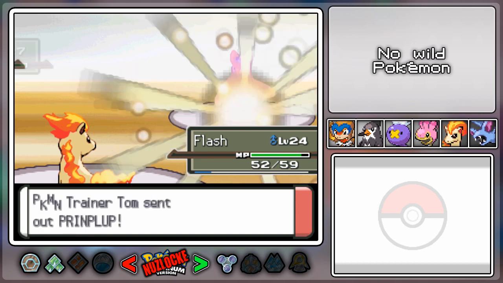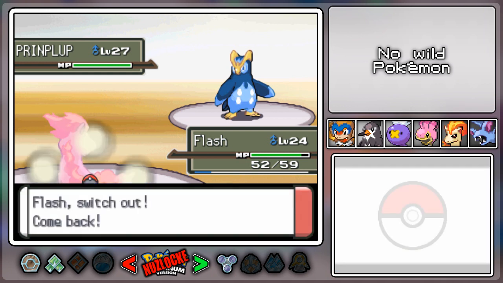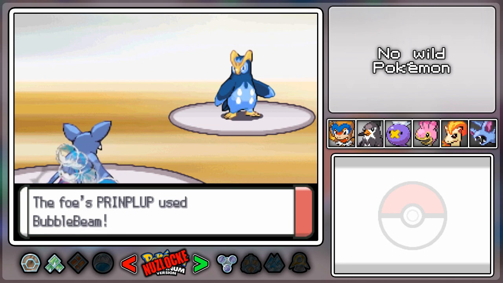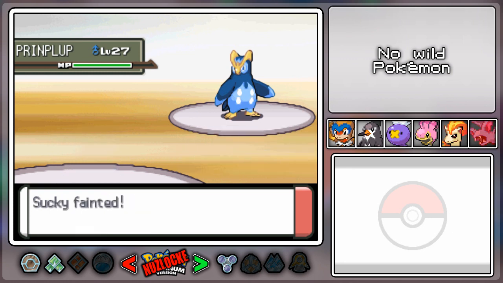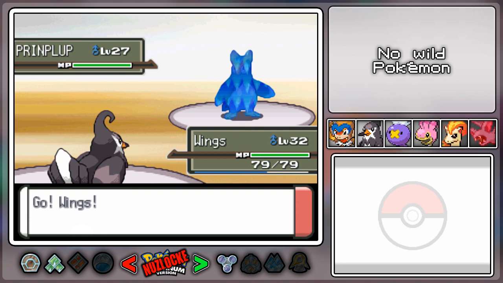Prinplup, I was expecting that. My formidable opponent. This is gonna have like a really good STAB attack, isn't it? So we're gonna have our first casualty in this episode. And I'm so sorry, Sugi. I didn't mean to hurt you. I didn't mean to make you cry, but I'm gonna stop referencing pop culture. So sorry, Suki. I didn't want to risk any of my level 20s or 30s being seriously harmed by this